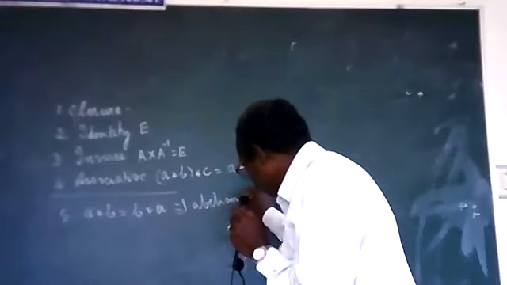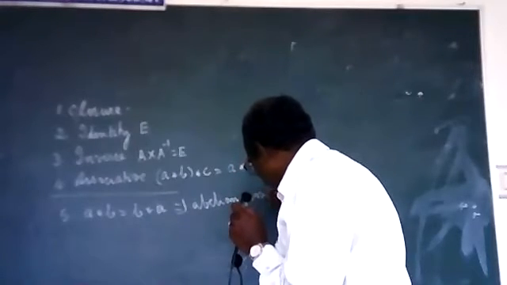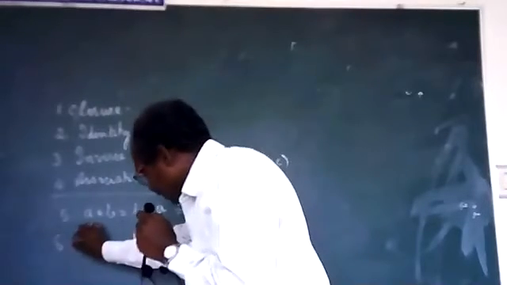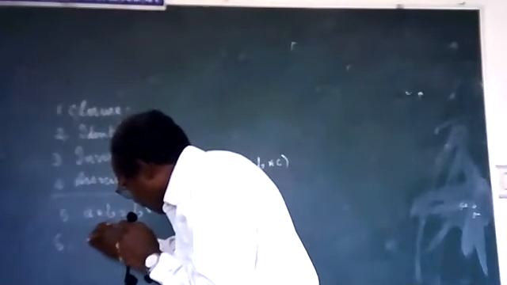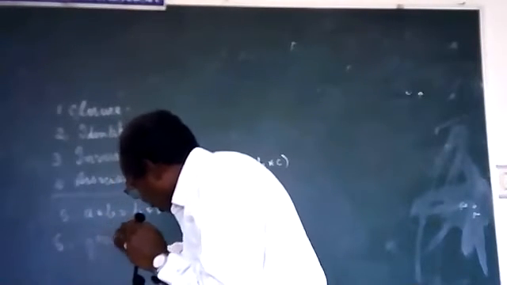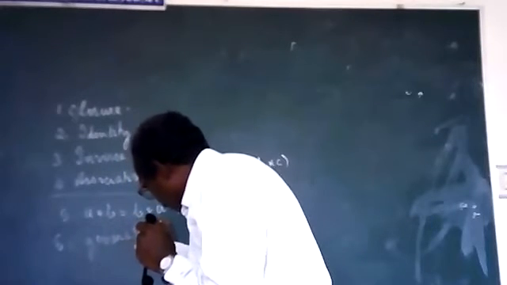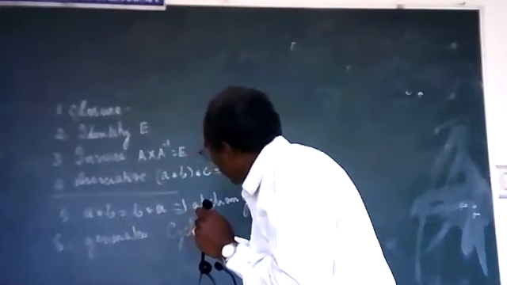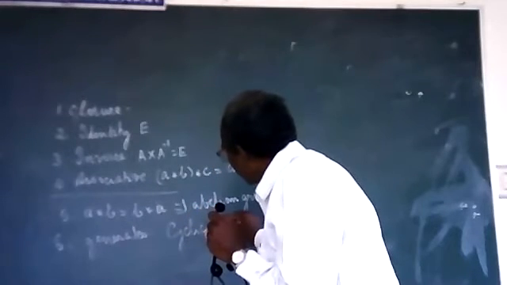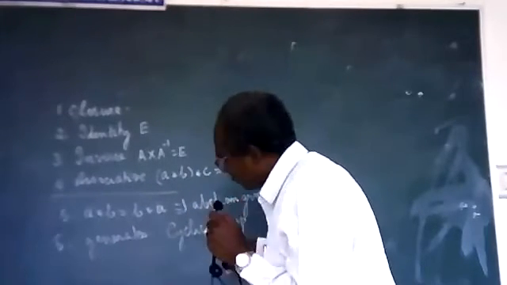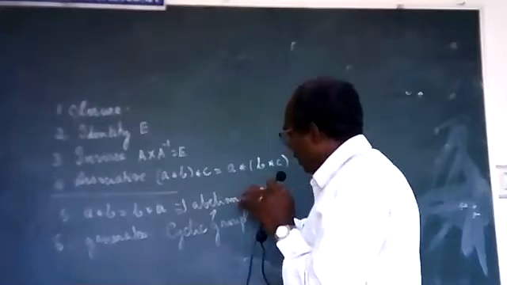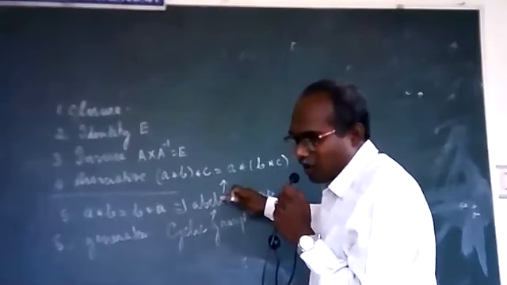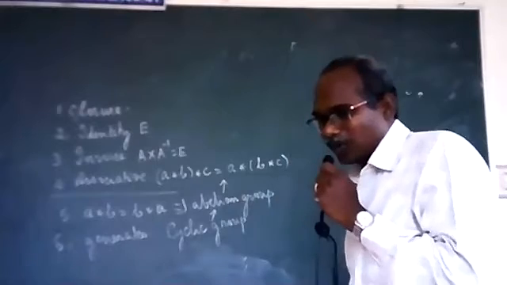Abelian group. And there is one more type of group. If sixth property, if one element of the group generates all the elements of the group, it is called a cyclic group. So all the cyclic groups are abelian groups, and all the abelian groups are groups. But all groups are not abelian groups, and all abelian groups are not cyclic groups. You can take down